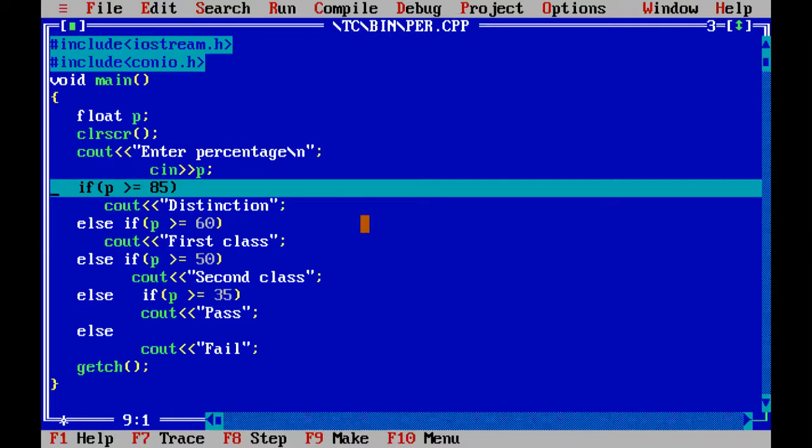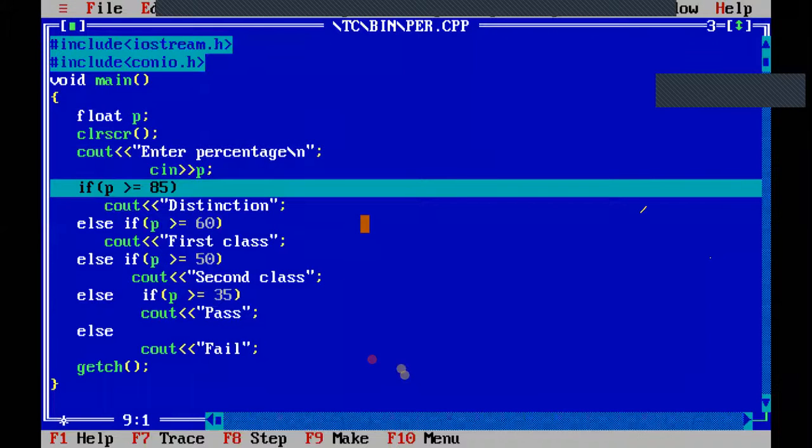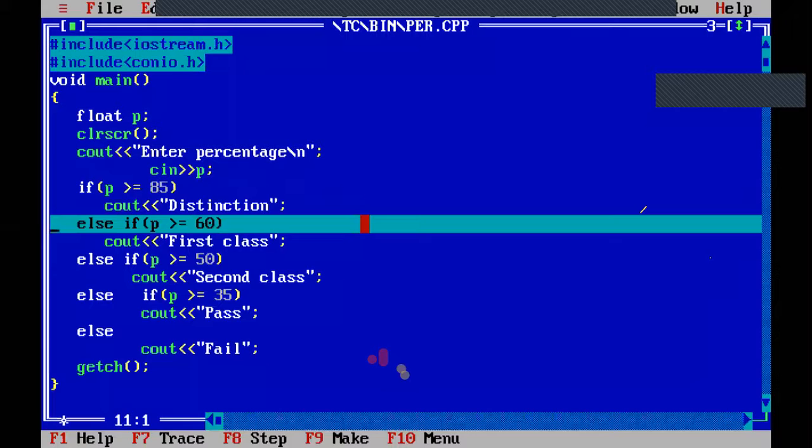P value is 45 and the condition is P greater than or equals to 85. 45 is not greater than 85, so the condition is false. If the condition is false, the statement immediately following the condition, the cout statement, is not executed. So program control will not move to the cout distinction statement. It will move to the next condition.